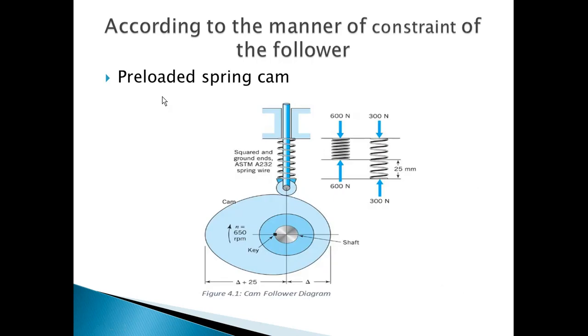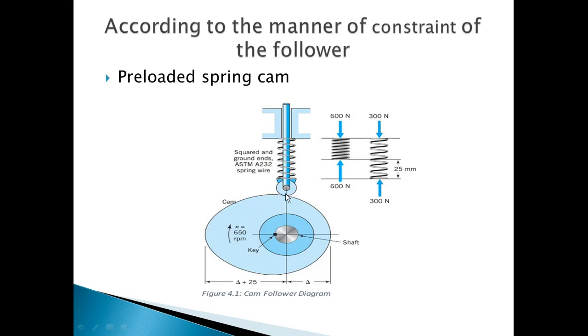And the last one is the preloaded spring cam. What does it mean? As the cam is rotating, we have seen this figure 2-3 slides before also, the follower will reciprocate, but as the speed increases, the centrifugal force will try to push this follower in the upward direction. At a higher speed, there may be a chance that the cam and the follower may lose the point of contact.